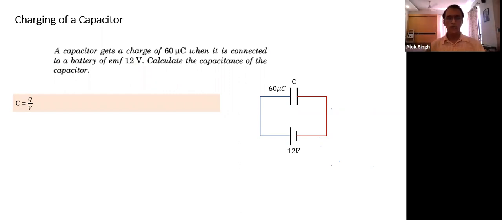So you have a simple question based on similar concept. I'm using only one new thing today. We have defined the term C. C is equal to Q by V. So this is a very simple question.